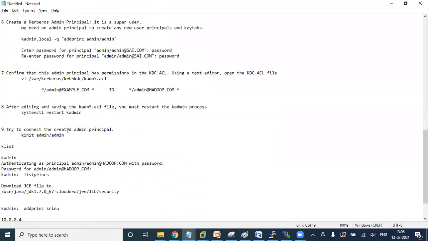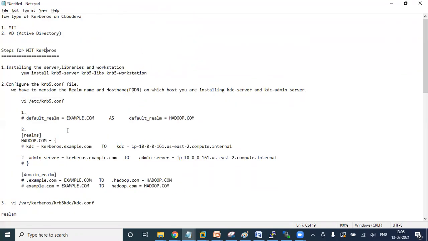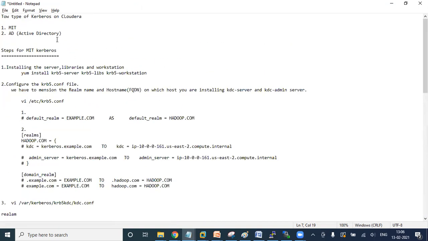In steps 1 to 8, we need to enable Kerberos from the backend on the Linux level. This is followed by the graphical user interface, where we set things up through Cloudera Manager. At the end of the section, we will create a user principal and a user keytab, and see how we can authenticate with that. Before we begin, first we need to install the Kerberos RPMs,